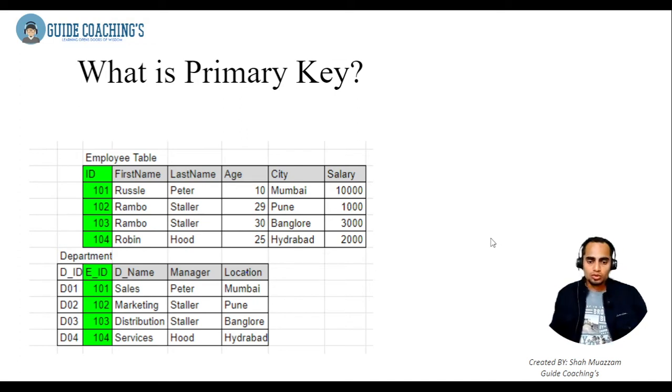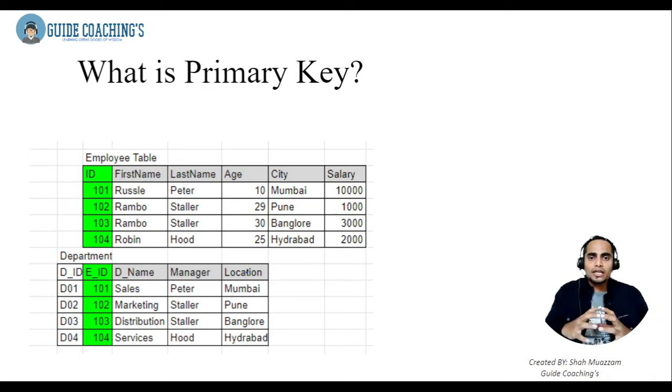Okay, so understand this. I have four records in the employee table: 101, 102, 103, 104. Then again I have those same ids in department: 101, 102, 103, 104. I cannot break the chain. So basically this linking of the two tables is done on the basis of primary key and foreign key. So foreign key follows the primary key, like this is the chain which is happening between these two tables, because